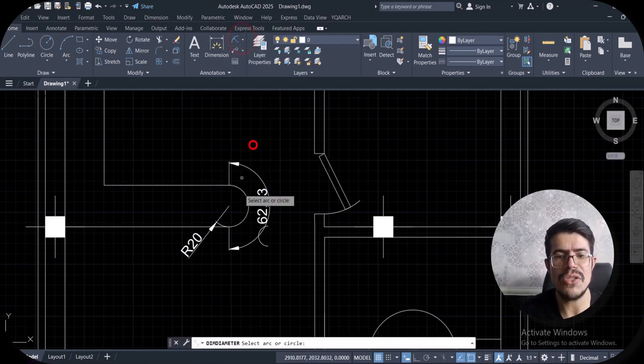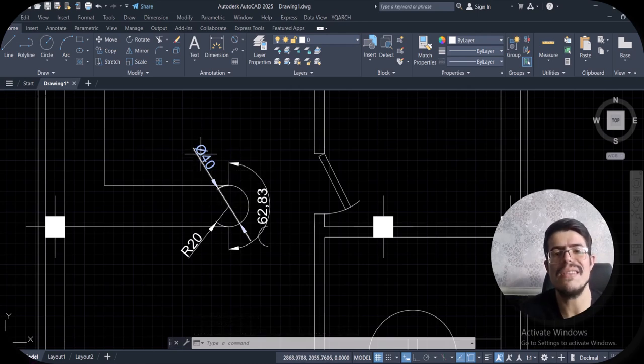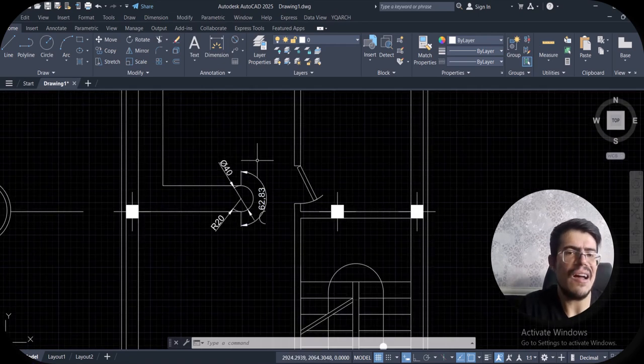If I want the diameter, by clicking on this, it gives me 40. It's twice of this, but with the sign of phi. So phi indicates the diameter and R indicates the radius. These are all the ways of dimensioning, but now let's go on to the promise that I gave you, how to dimension